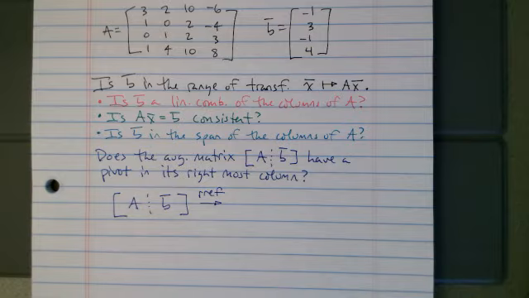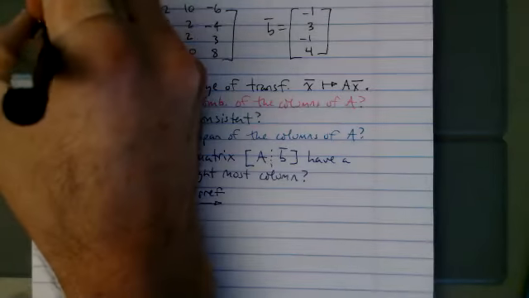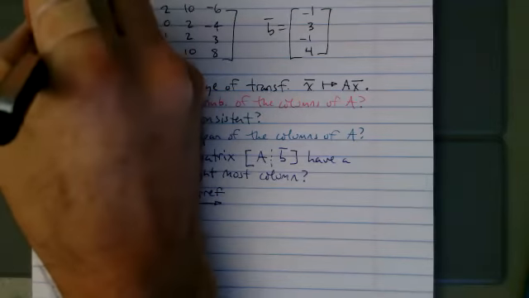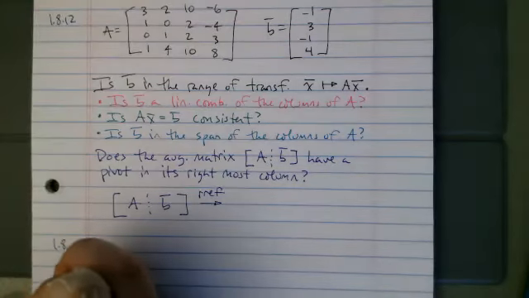In problems 24 and 25. In 24, we want to show that this transformation is not a linear transformation when b is not 0. The most efficient thing to do for 24 is show that the image of 0 is not equal to 0. If T is a linear transformation, then T of 0 is equal to 0. So for 24, oops, I should label this: this is 1.8, 1.8.12. In 1.8.24,